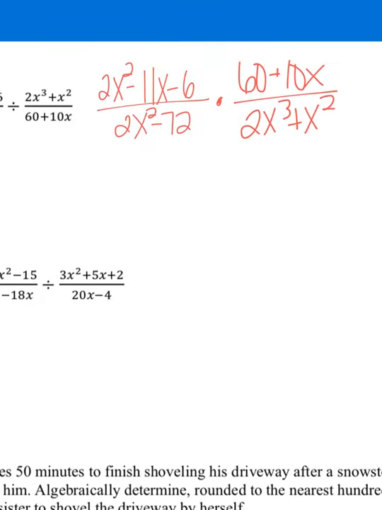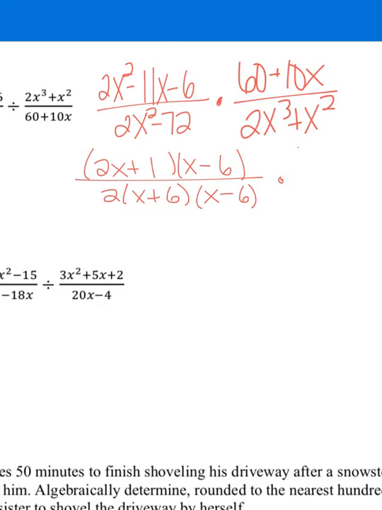So now you're going to do exactly what you just did for number 12. If I factor the 2x squared minus 11x minus 6, that gives me 2x plus 1 times x minus 6. On the bottom, if you take out a 2, you're left with x squared minus 36, but that's the difference of 2 squares, so that's x plus 6 times x minus 6,